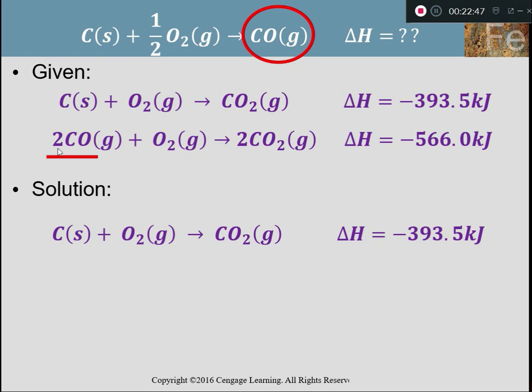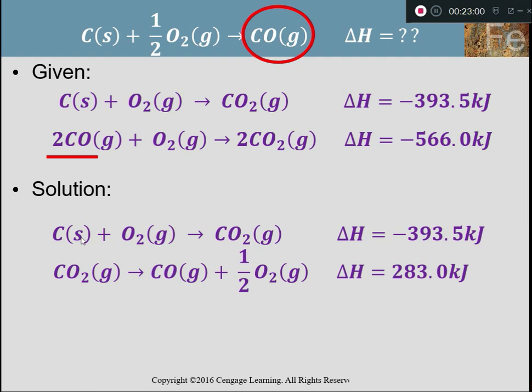Second, it's got the wrong coefficient. So not only is it on the wrong side, it's got the wrong coefficient. So I'm going to have to flip this reaction and divide everything by 2. So look what I did. I flipped the reaction. Now my carbon dioxide's on the reactant side, my carbon monoxide's on the product side, and my oxygen's on the product side. And I took all my coefficients and divided them by 2,